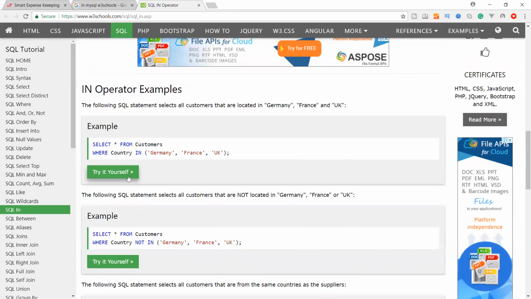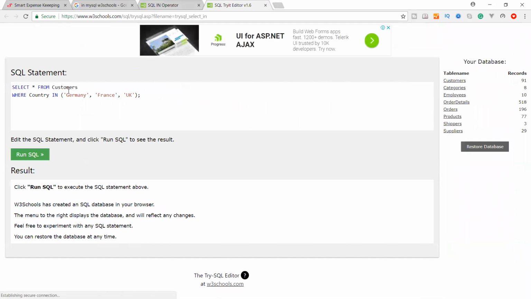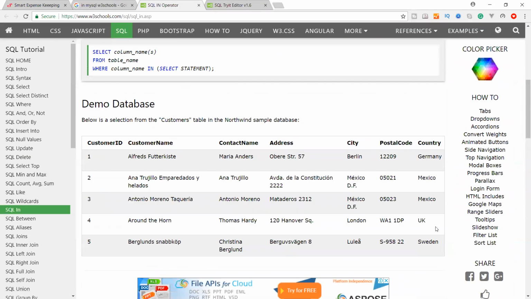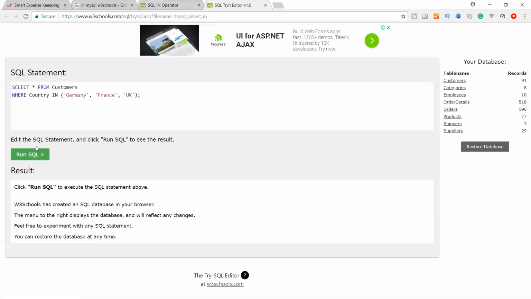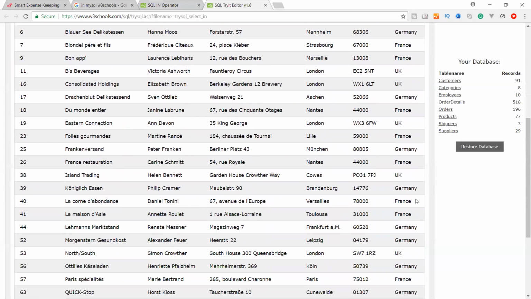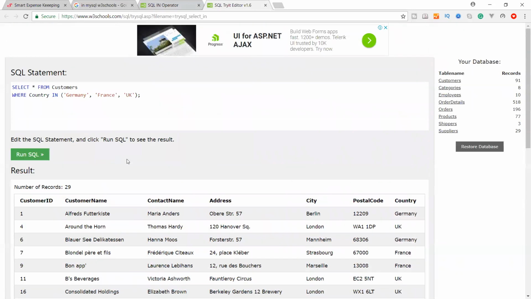Okay, let's apply the first one and see. Select all from customer where country IN Germany, France, UK. Here the table has Germany, Mexico, Sweden. When we run this SQL query, we have the number of records 29: customers from Germany, UK, Germany, France. Only those customers that live in Germany, France, UK are shown in the table.